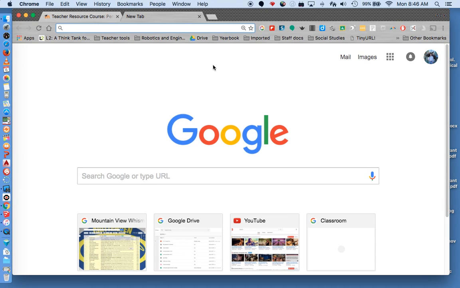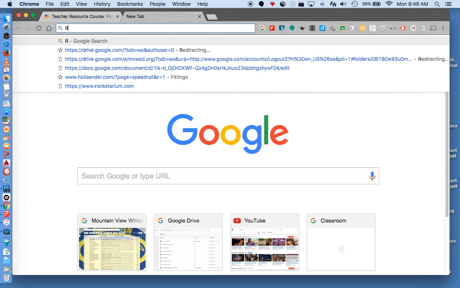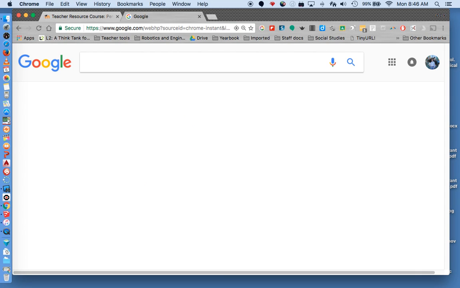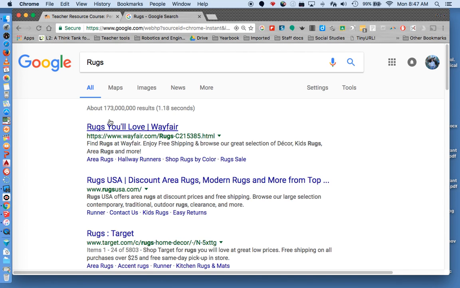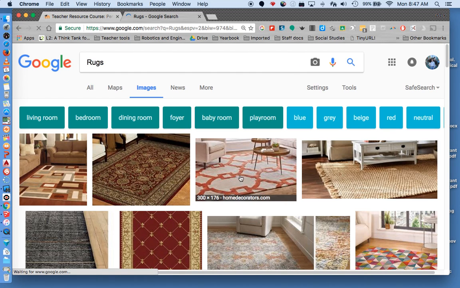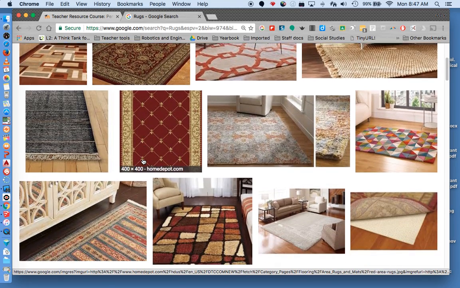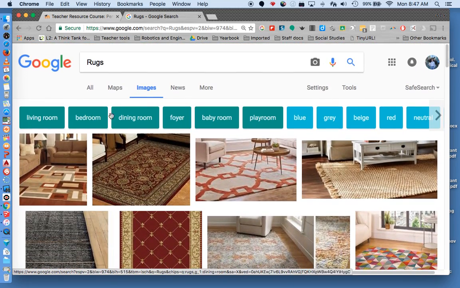So what I'm going to do is type in rugs and images. And again, these images aren't very good for two reasons. They have furniture and they're horizontal. You really want a rug pictured from the top. And if you want something, I'm going to say